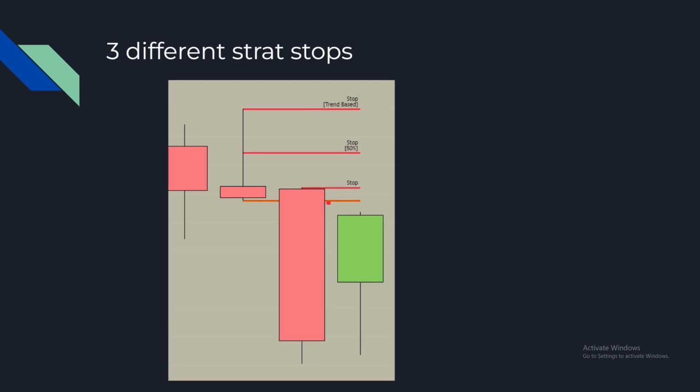So an entry at the orange and a stop at the 50%. And then a trend-based risk on the daily time frame would just be using that previous day's high. And the reason is because if we take out the previous day's low, trade higher and create a lower high,